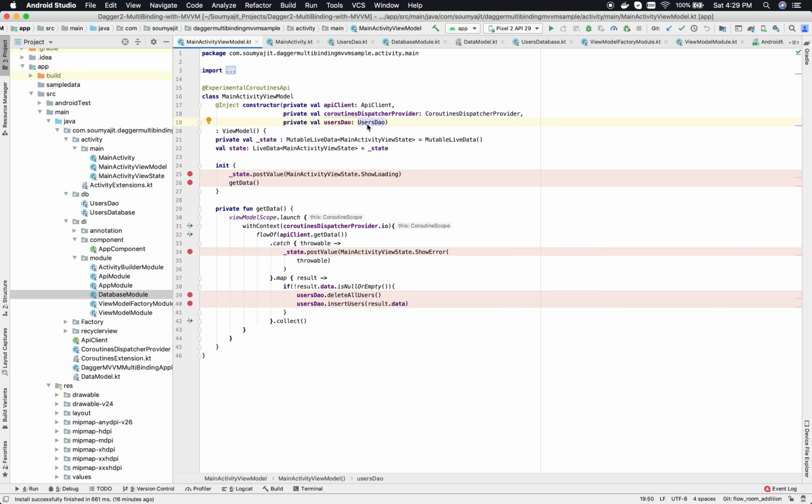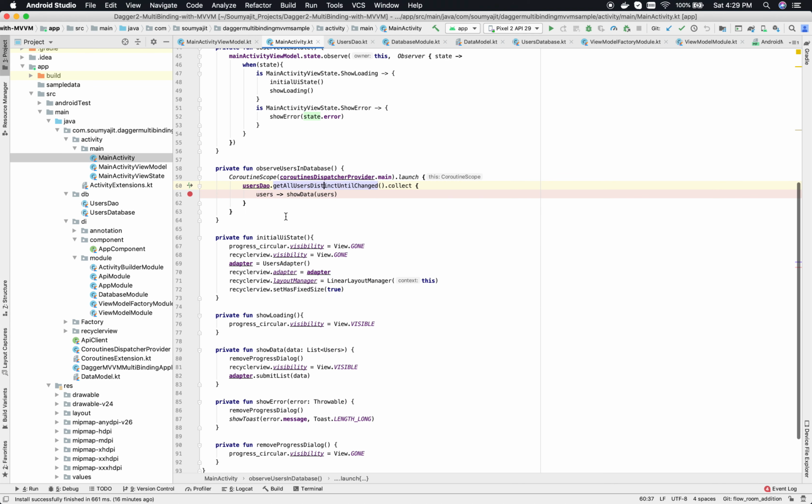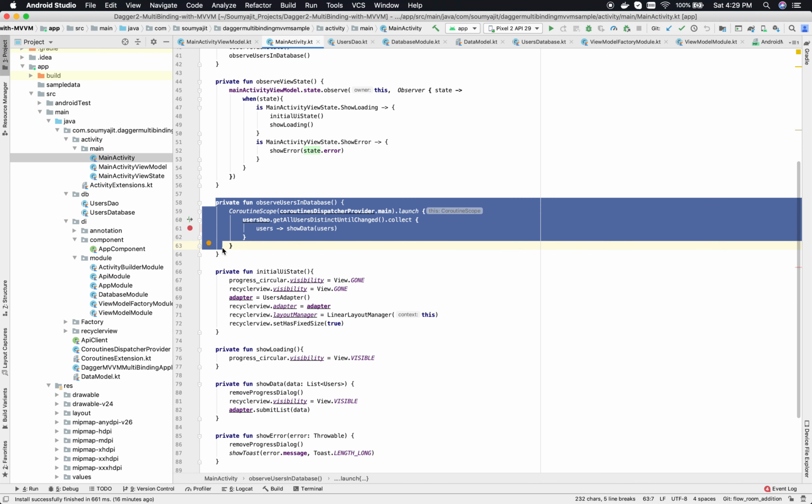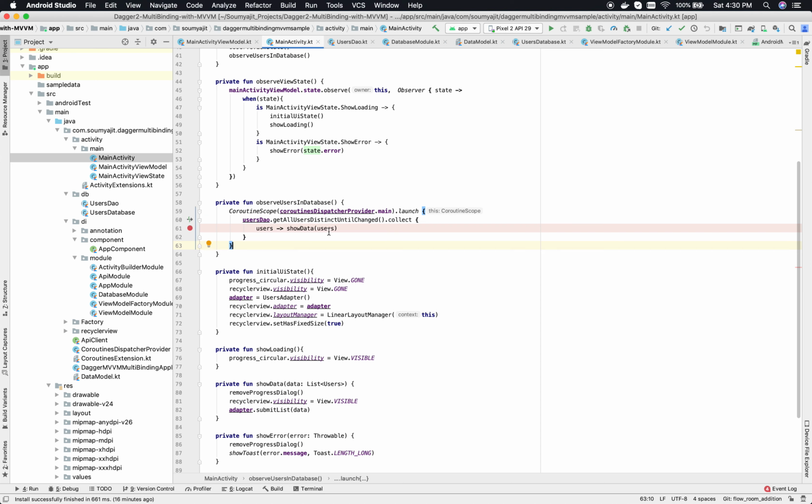Okay, so now let's check out how we are observing the database changes in the activity to render the UI. If I go to the main activity, we have this method observe users in database. Here we are just calling this collect method, right?